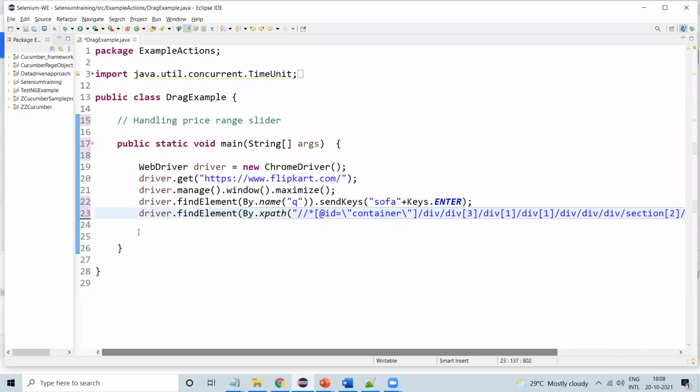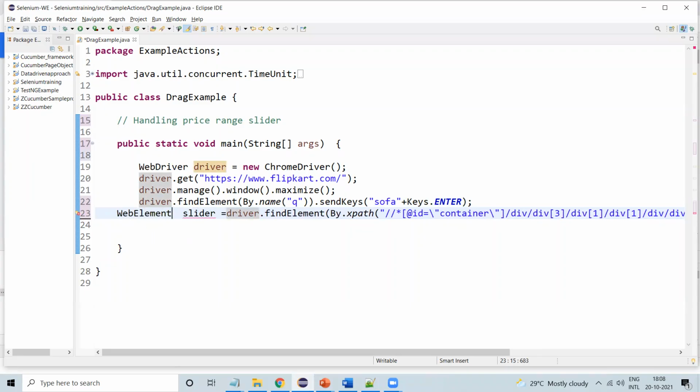I'll store this in a reference variable called slider equal to, this is a WebElement. Store it in a WebElement.